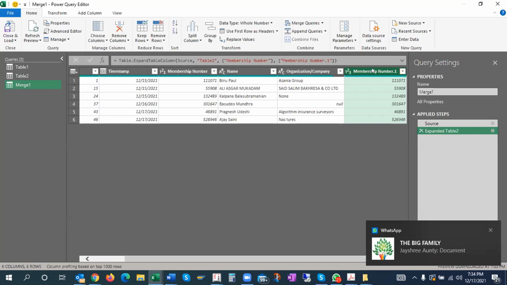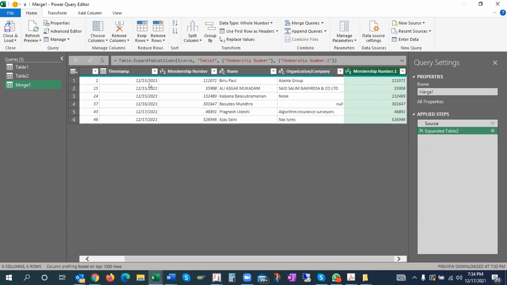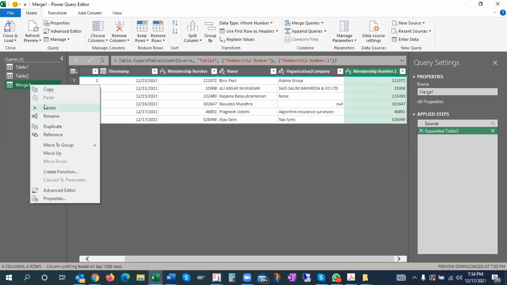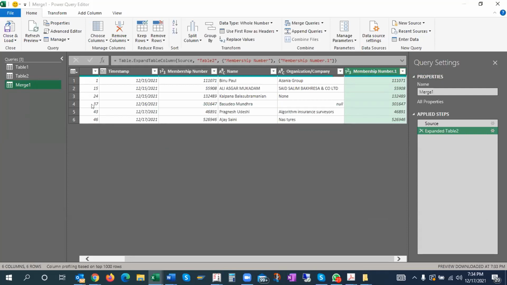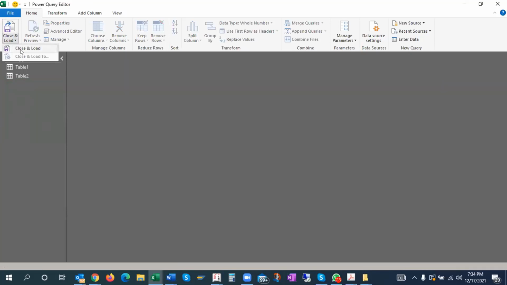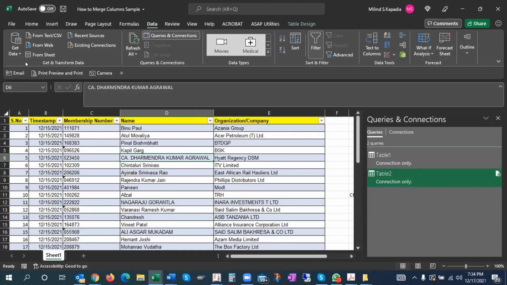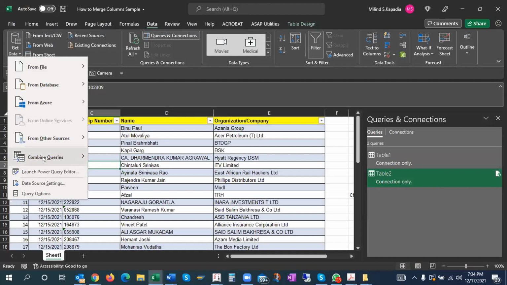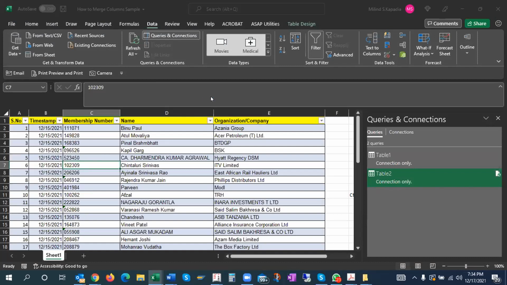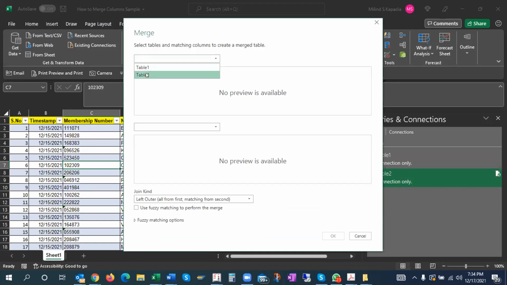See, exactly what result do you want? As I said, where I said left outer, let me show it again. I have said that I want left outer. So what I did is, let me just delete the table, and again I merge the query again. When I say table, see, what is my purpose? I want to know only those 6 people. I don't want to know which other members are there.